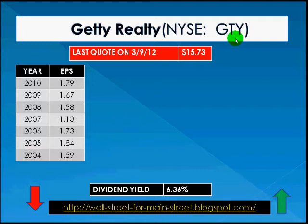In those states, they currently own 1,003 properties and lease 167 properties. Some of the brand names operating those properties are BP, Exxon, Shell, and Chevron. And here we see the last quote from Friday, $15.73. The table shows us the earnings per share for Getty for the last several years, allowing us to determine